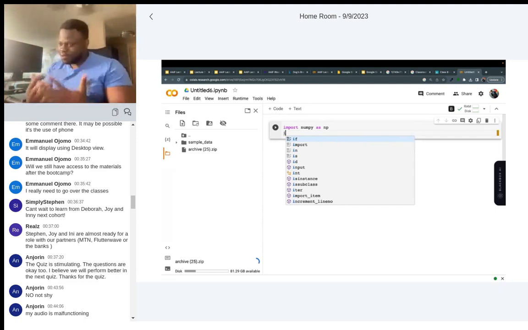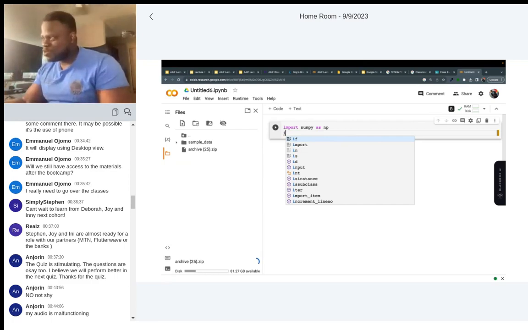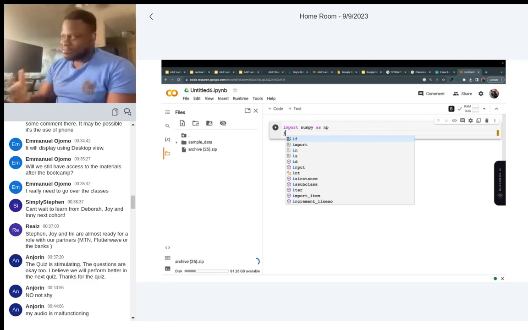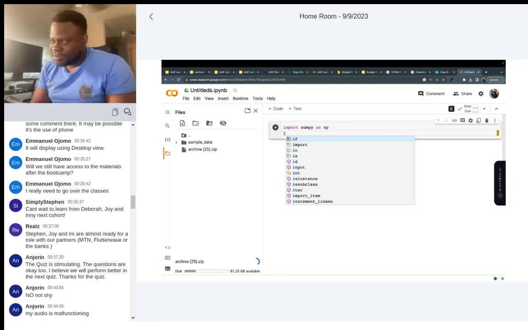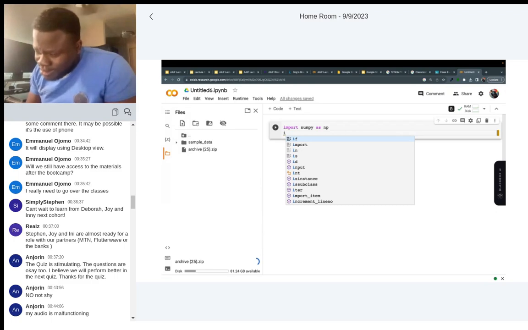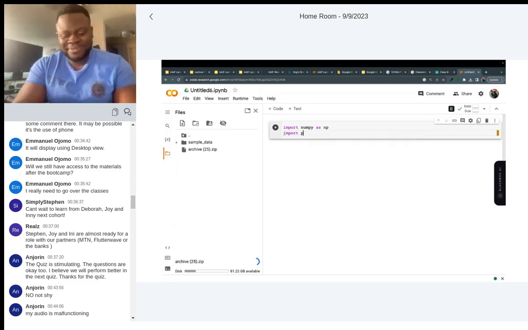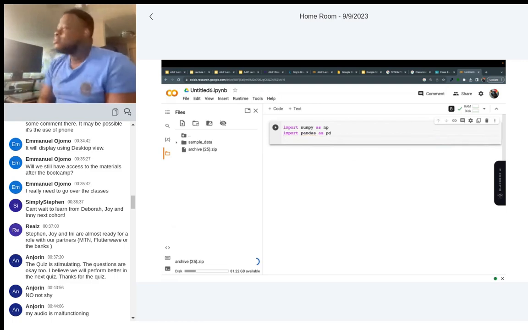Sir, I'm your analyst, though. You are supposed to know better than me. This is image classification. What am I using pandas to do in image classification? Oh, okay. First of all, we need NumPy so that we can access the mathematical functions in Python. Then we also need, you're the junior analyst, right? Yes. Okay, Mr. Junior Analyst, we will need pandas so we can access the data frame functions. Import pandas as PD.